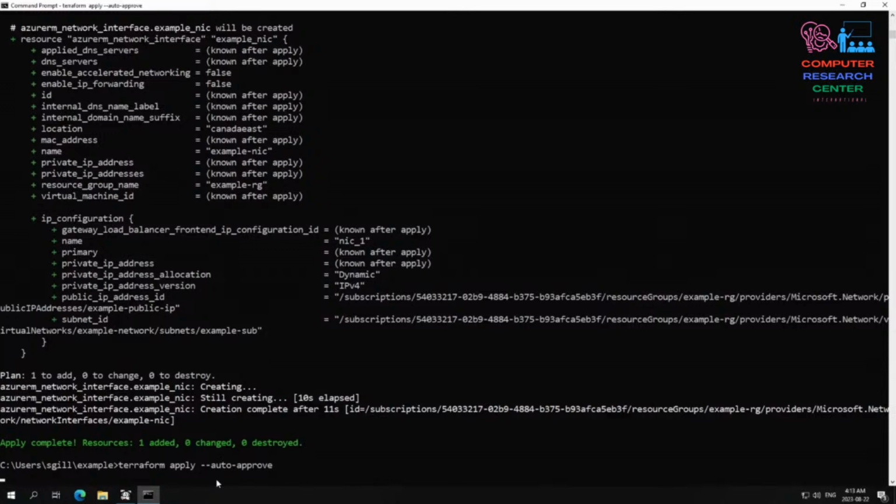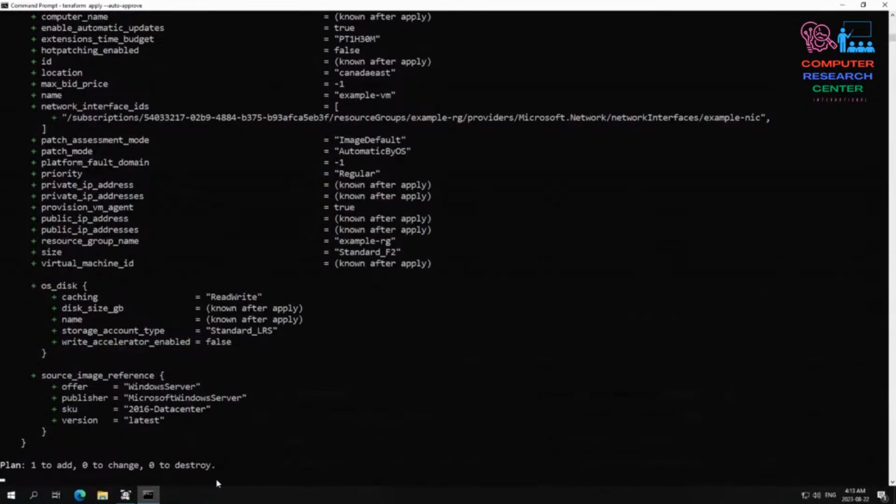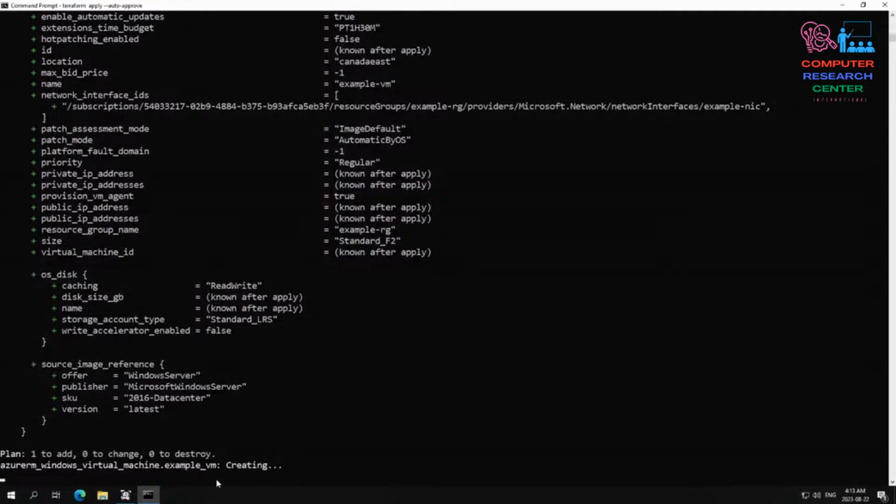Yes, so this is the last step, and let us see how it goes. Plan 1 to add, there's no error showing right now, nothing, right? And once this one is created, then we will test the connection quickly, and then if there is something that slips away, like what happens usually,